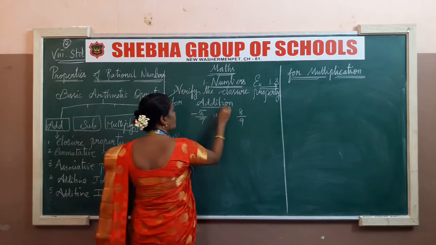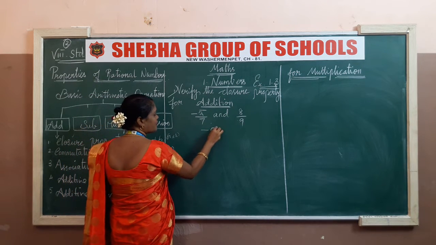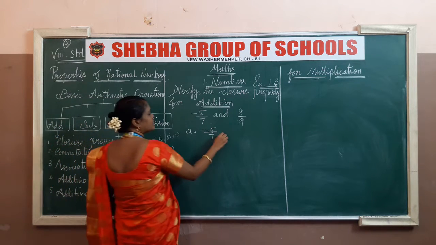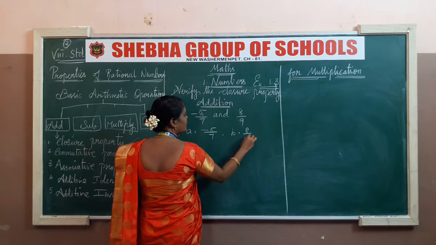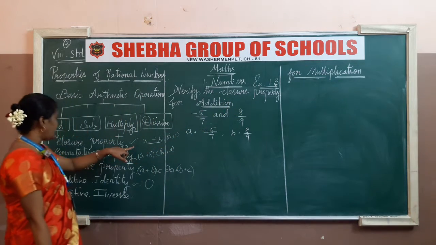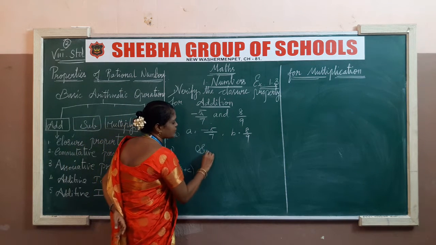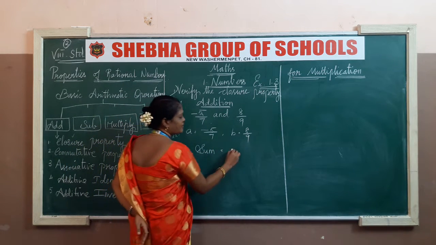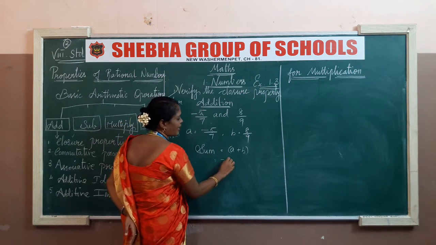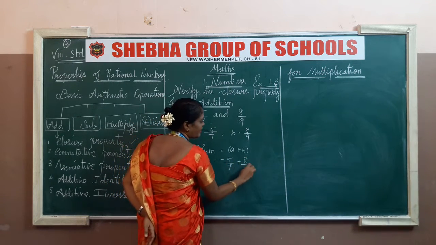Now what operation are we going to do for this sum? Addition. Yes, for addition you can take minus 5 by 7 as the first rational number. Let us take it as A. Then the second number, you take it as B. So what are we going to do in closure property? What is the closure property? We already learnt, A plus B. If they ask to add, it is nothing but the sum of rational numbers. So, the sum is nothing but A plus B. Clear, children? In the A value, what number should we write? Minus 5 by 7. Plus, in the B value, yes, they gave 8 by 9.